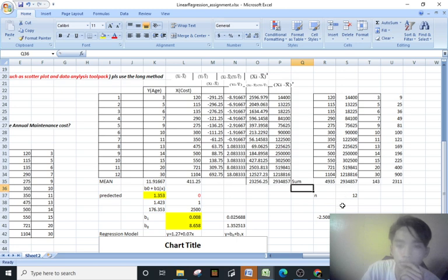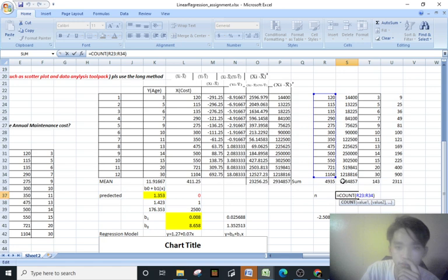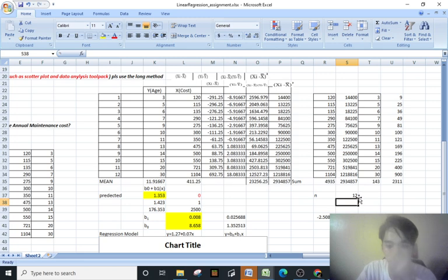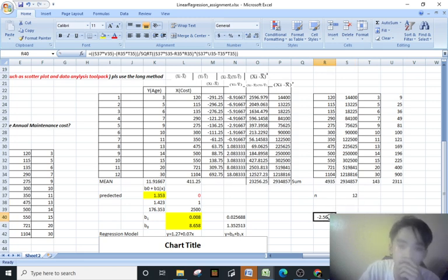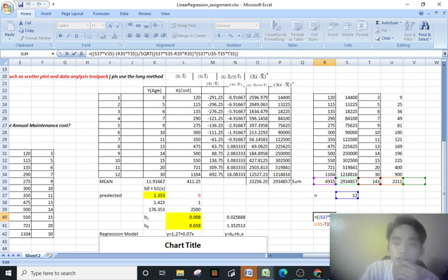So to get the number, we must count all 12, or 1 to 12. So it is generated by the count of the rows. So to get the R, this is the R. I just followed what Sir did. Then first is to get the methods of the R. So get the number multiplied by the